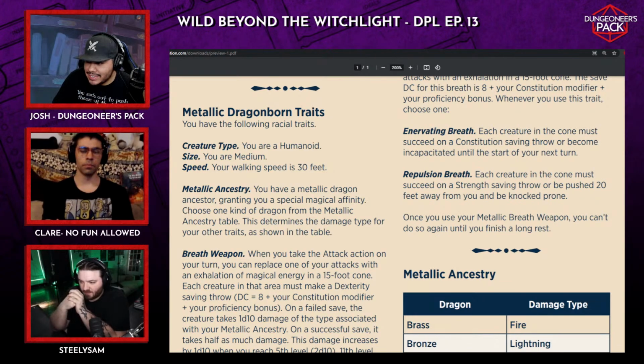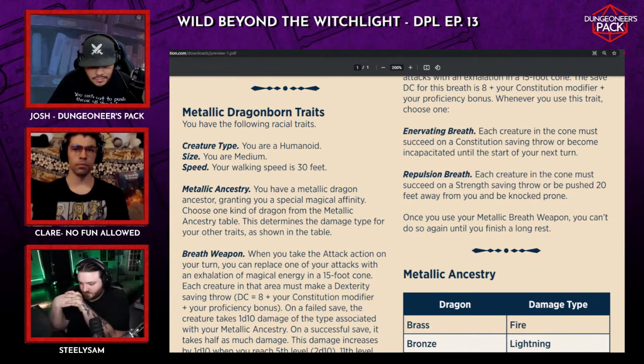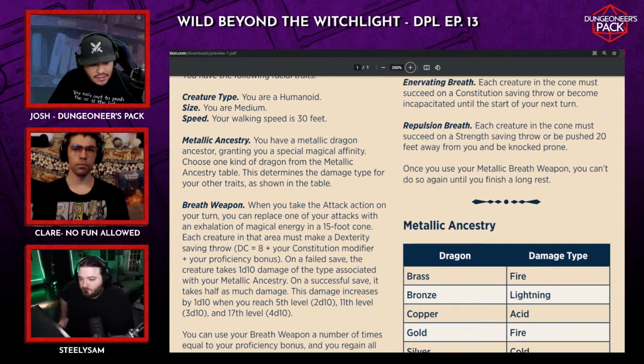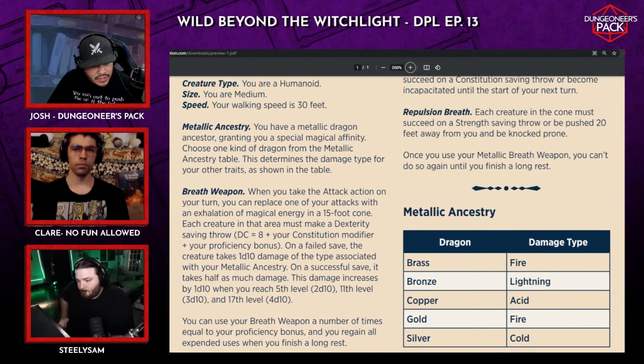Fix? I don't think so. I think this race is still pretty weak. Even with the 20-foot breath, I don't remember a whole lot about it. I'm looking at it. Yeah, I don't think it's that great. I've never really had a problem with weak races. It is improved. Yeah, I feel like it is better.